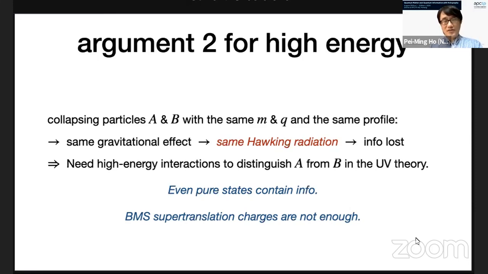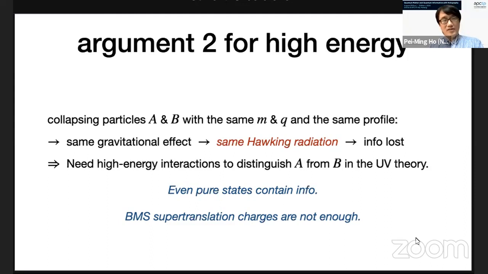Now the Hawking radiation would be exactly the same because Hawking radiation is determined largely by the gravitational effect. We will review how Hawking radiation is generated, but the standard calculation is that it's mostly determined by gravity. Interactions can have some effect. People have studied that part, but the effect is not enough to bring out all the information. Anyway, you can have a global symmetry such that the interaction is the same as well.